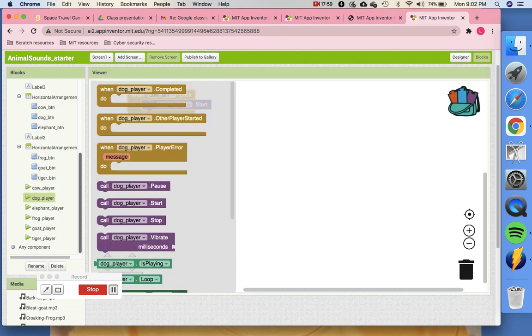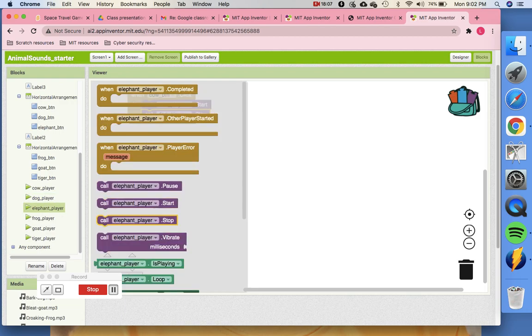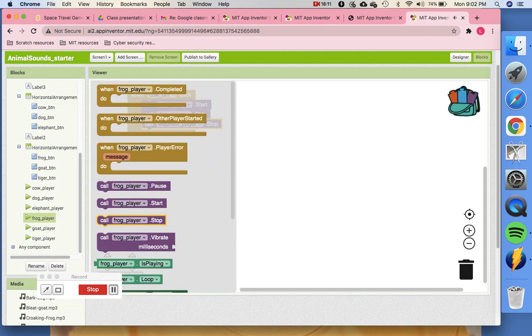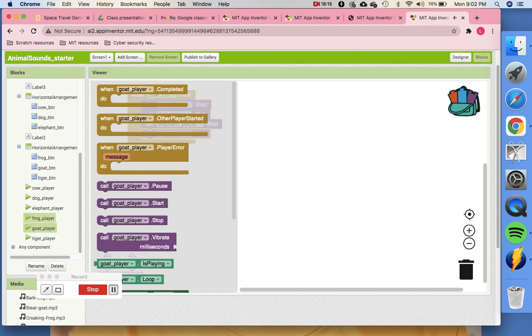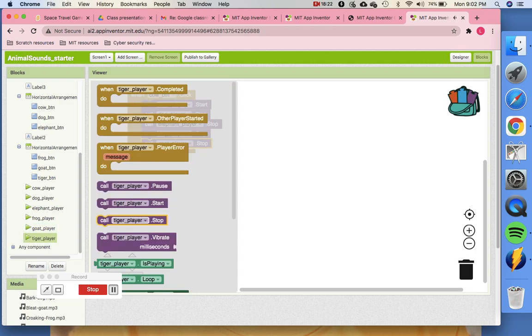So I go dog player call stop, then elephant player.stop, then frog player also stop, goat player also stop, and tiger player also stop.